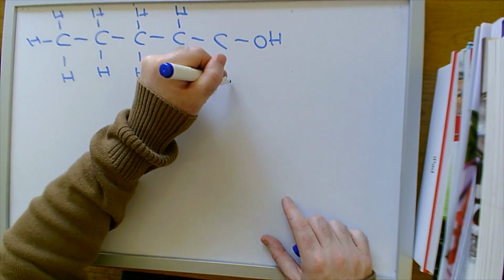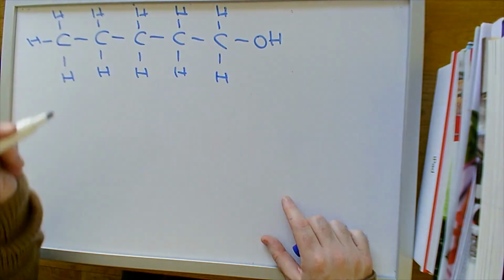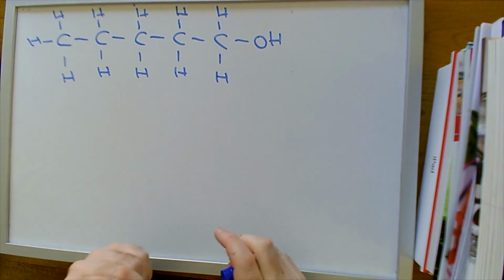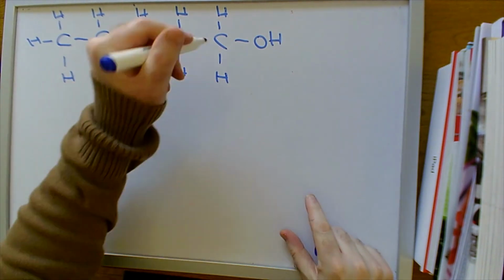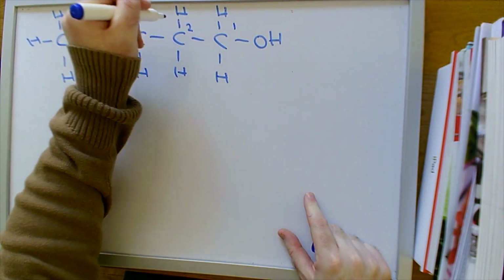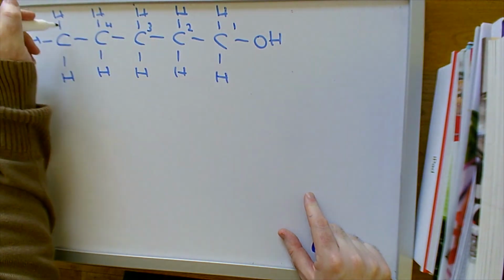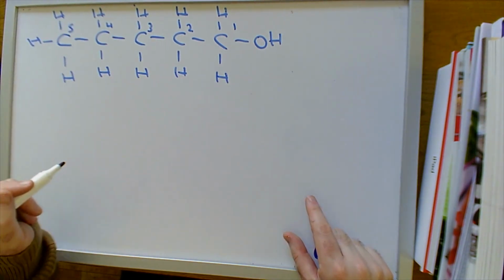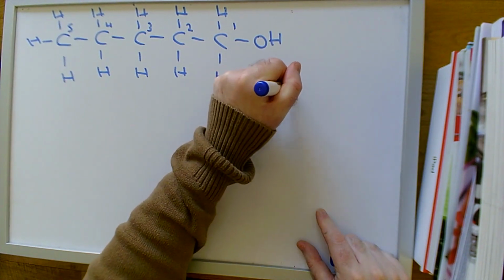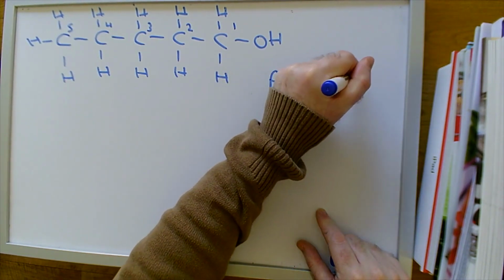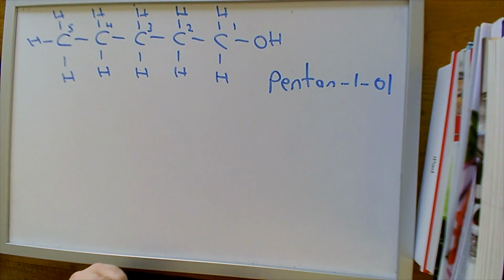And the rule for numbering the chain is I must start at the end nearest the OH group. So carbon 1 is next door to the OH group, and I'm going to number right to left. Now because the OH group is on carbon 1, this alcohol is called